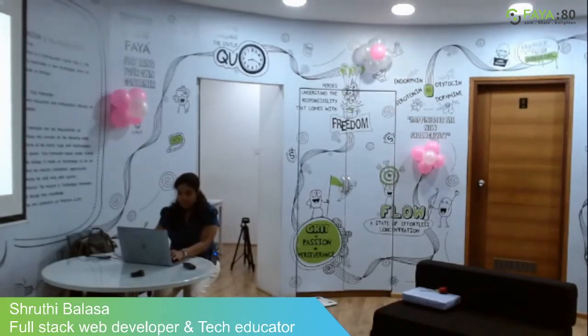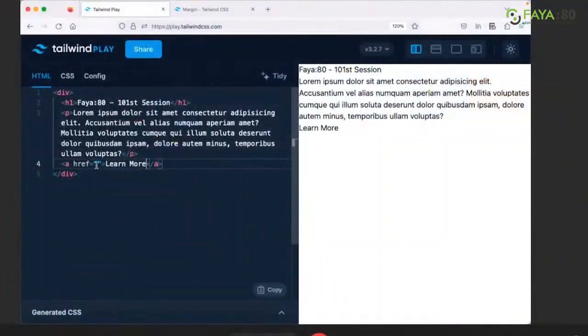Then let me add a paragraph with some random text, and let's add a link that says learn more. If you've never worked with Tailwind before, you will be surprised that all the default styles are stripped away, right? If you write this with regular CSS,